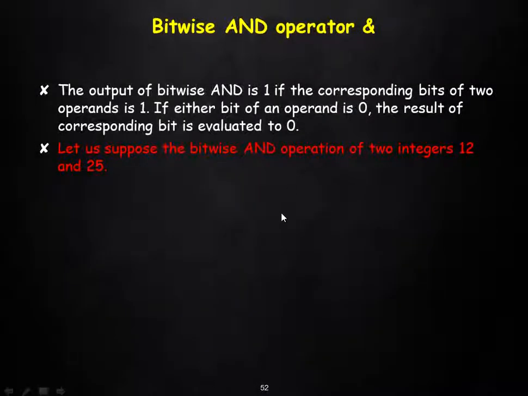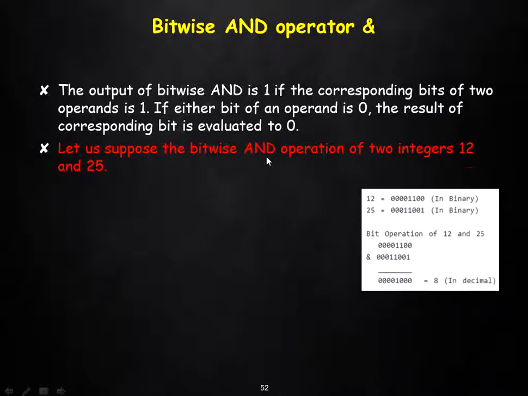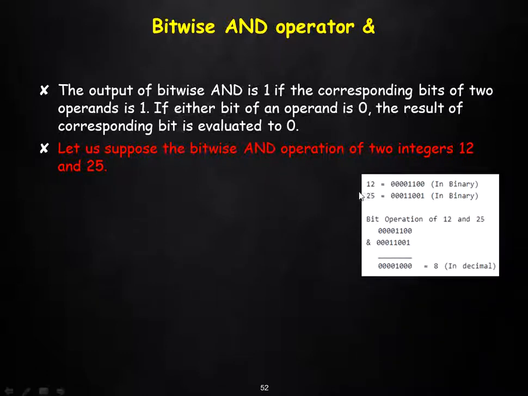The bitwise AND operator. Say that you have an example wherein you have two integers, one is 12 and the other is 25. You have to perform the bitwise AND of 12 and 25. So first you will have to convert 12 in binary. If you have referred to my previous video wherein I spoke to you about bits and bytes, I told you that they have to be written in combinations of 8. So here let's count 1, 2, 3, 4, 5, 6, 7, 8. So 12 is represented in binary, 25 is also represented in binary.